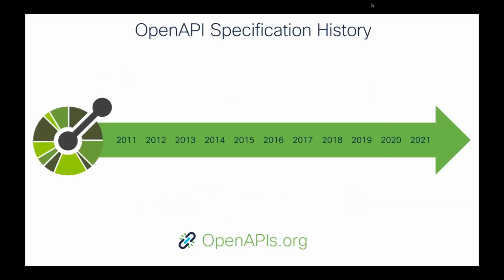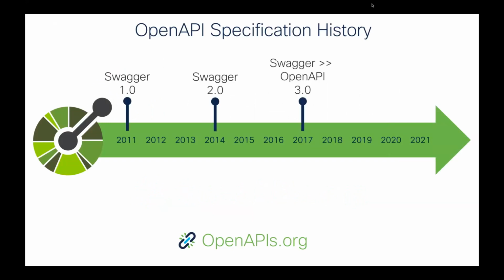Originally it started out way back in 2011 as something called Swagger, and over time they evolved it and they actually donated it to the public, and they called it OpenAPI, and that happened with OpenAPI 3.0. We're now actually out at OpenAPI 3.1. That just happened